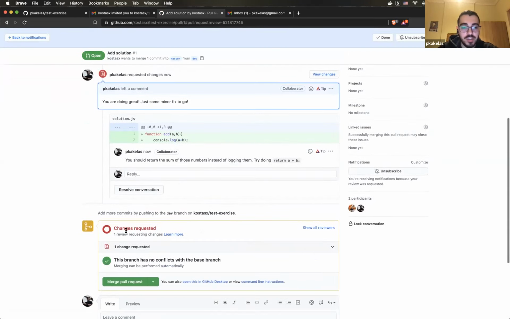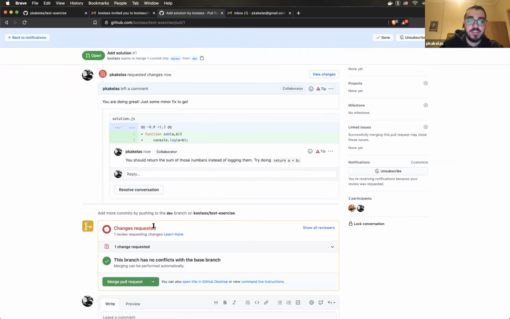So as you can see, for both me and the student, here we have a message which says that some change is requested. So from your side, you will be able to merge this pull request only when this is approved and not when changes are requested. Kostas, can you take that